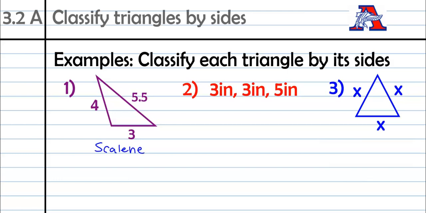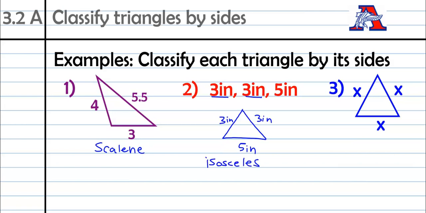All right. Second one, we don't have a diagram there, but we can tell without it that we are dealing with an isosceles triangle because we have 2 sides that are exactly the same. So if we wanted to draw it, we certainly could. We would do something like this, and then we would go 3 inches, 3 inches, and 5 inches. And that is an isosceles